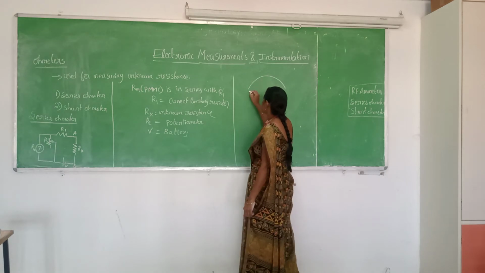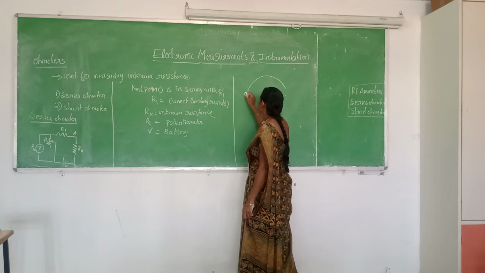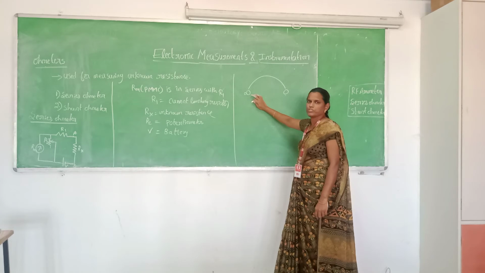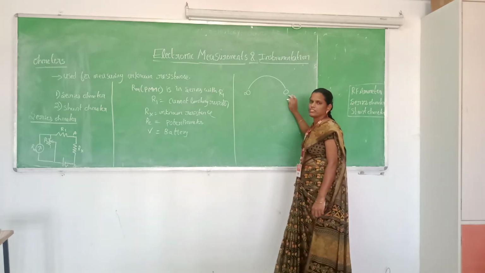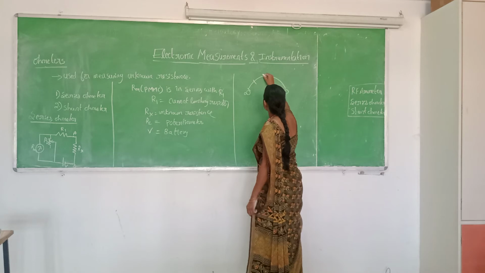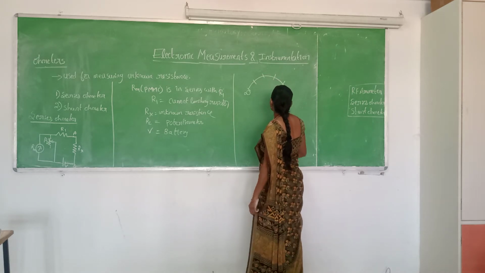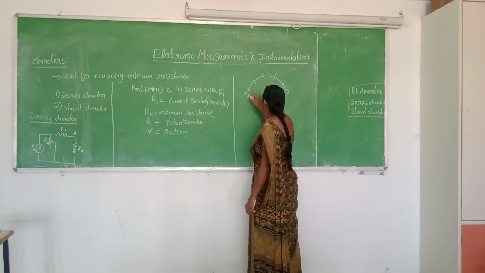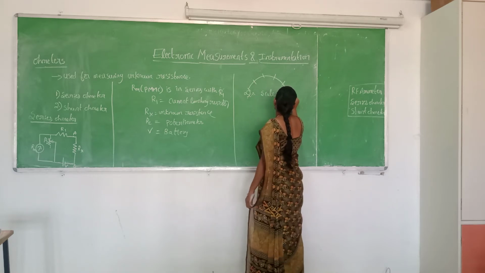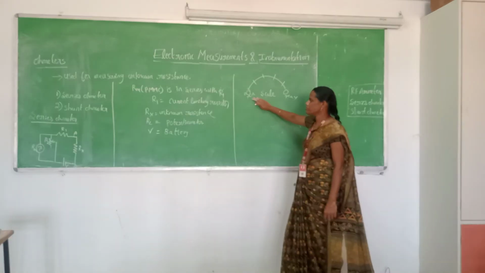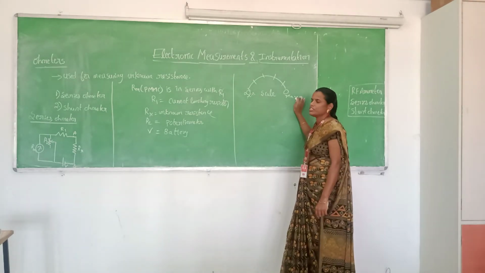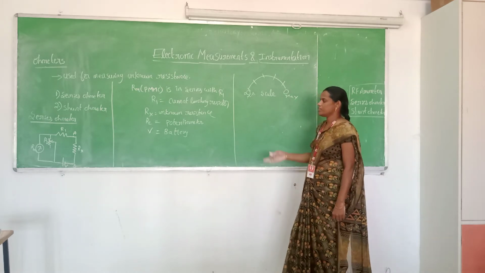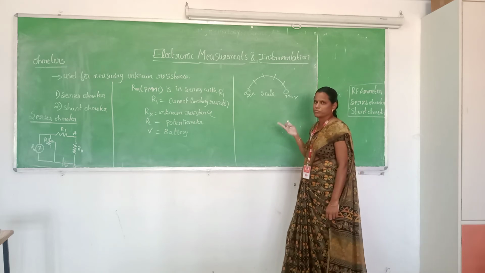It is a uniform scale which goes from infinity to 0. The minimum value of the scale shown by the PMMC is infinity and the maximum value is 0. So this is the uniform scale which has the readings like this, minimum and this is the maximum value. So the minimum reading of the series ohmmeter is infinity and the maximum reading is 0. This 0 is called the full scale deflection of the meter. The resistance Rx is placed between the two terminals A and B.